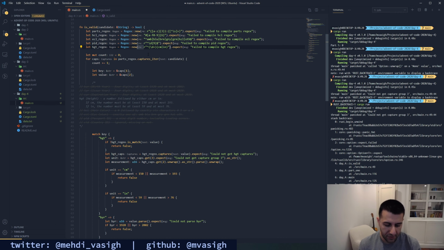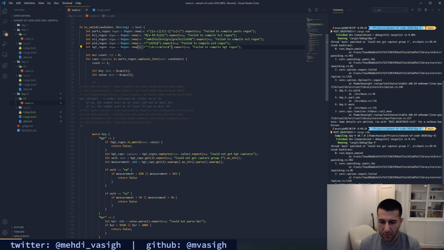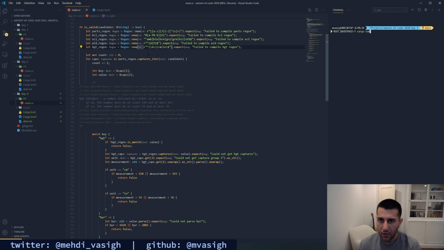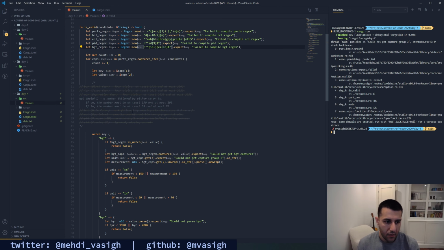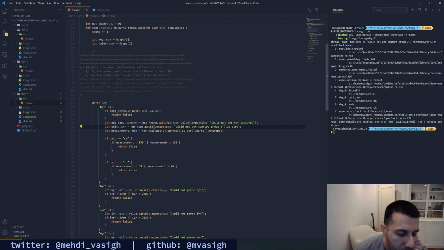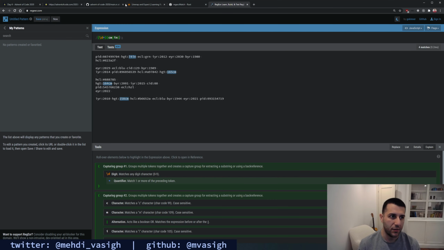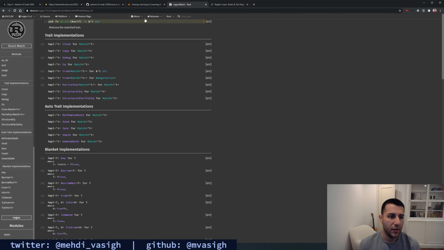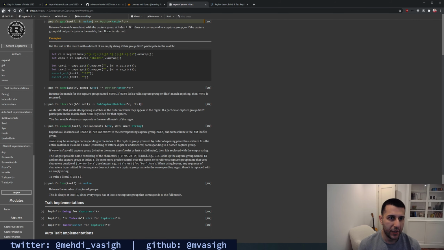But I doubt this will actually make it work. All right. So something with the way we're pulling our capture groups. I'm actually going to go to the docs and read a little bit more. Let's see, go back.